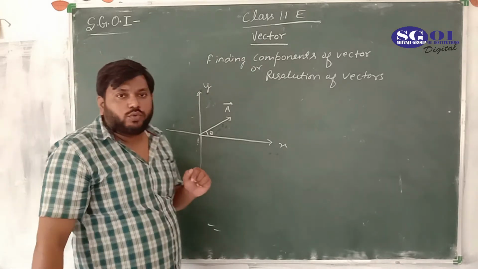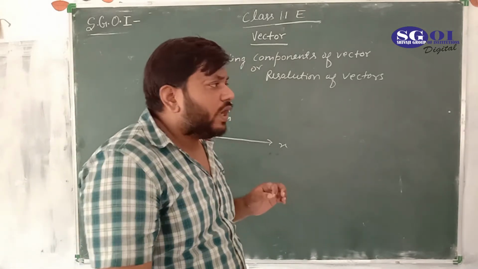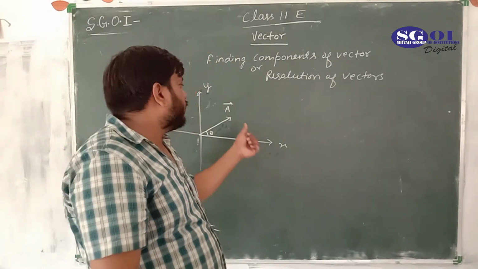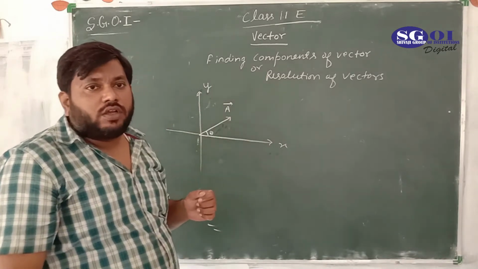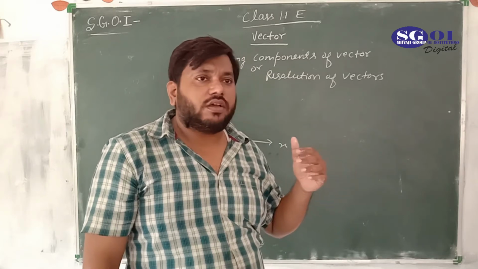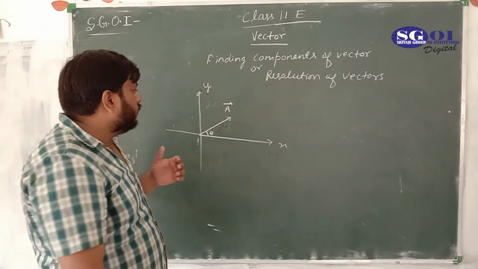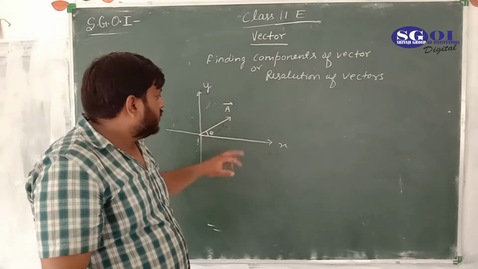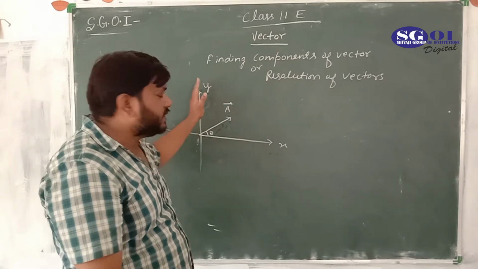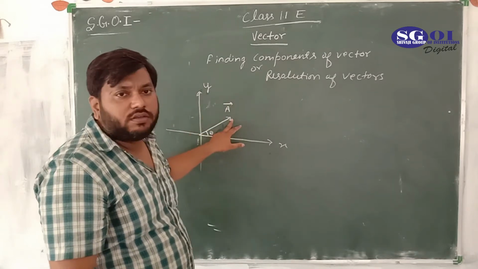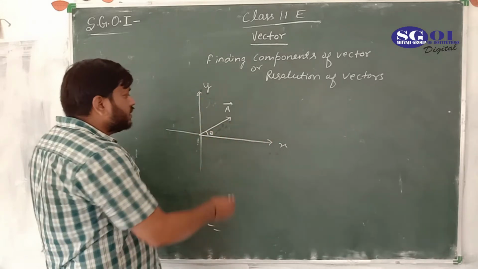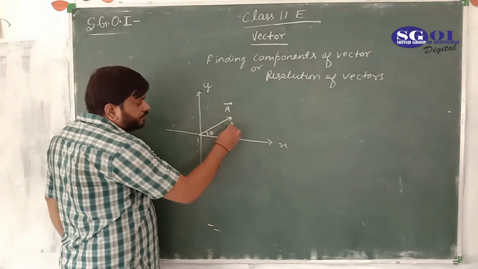Now, what do we have to do? Very important point. You have to just draw a perpendicular from the head of the vector on the line along which you want to find the component. Suppose we want to find the component of this vector along the x-axis and along the y-axis. So we have to draw the perpendicular from the head of the vector on the x-axis and the y-axis. So draw the perpendicular from here,